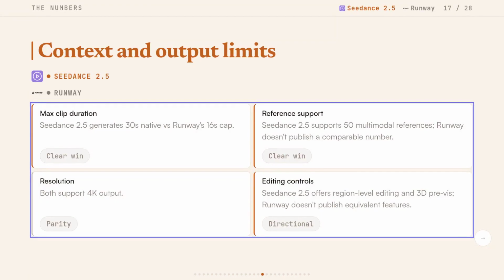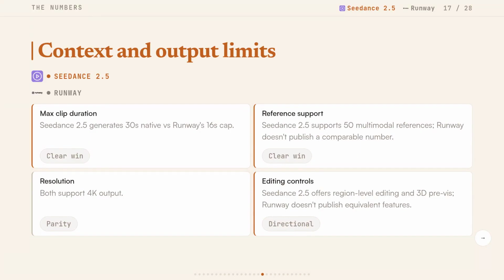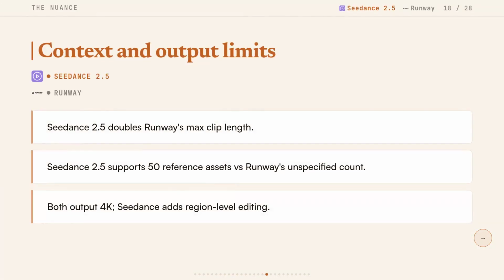Seedance 2.5 generates 30-second clips natively and up to 180 seconds in beta. Supports 50 multimodal reference assets for brand consistency. Adds region-level editing and 3D pre-visualization. Runway caps at 16 seconds per clip and doesn't publish a reference asset count, though both output 4K, so resolution is a wash. The honest caveat is that Seedance 2.5's 180-second beta feature is unproven at scale,